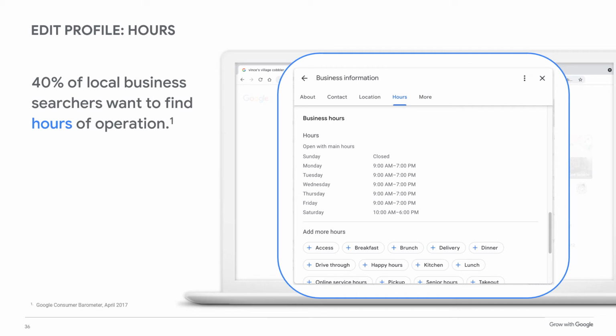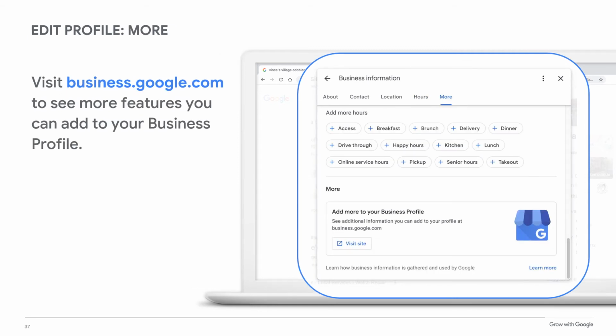Below the main hours, you see a section labeled More Hours. From here, you can select any options that apply to your business and enter special hours. If your business has special hours on specific dates, you can specify particular dates in advance. This option must be added in the dashboard accessible at google.com/business. The last link labeled More takes you to the dashboard, the screen where you entered your verification code from the postcard. You can make business info edits here too, including a few features that are not yet available to edit on Google's search results page.